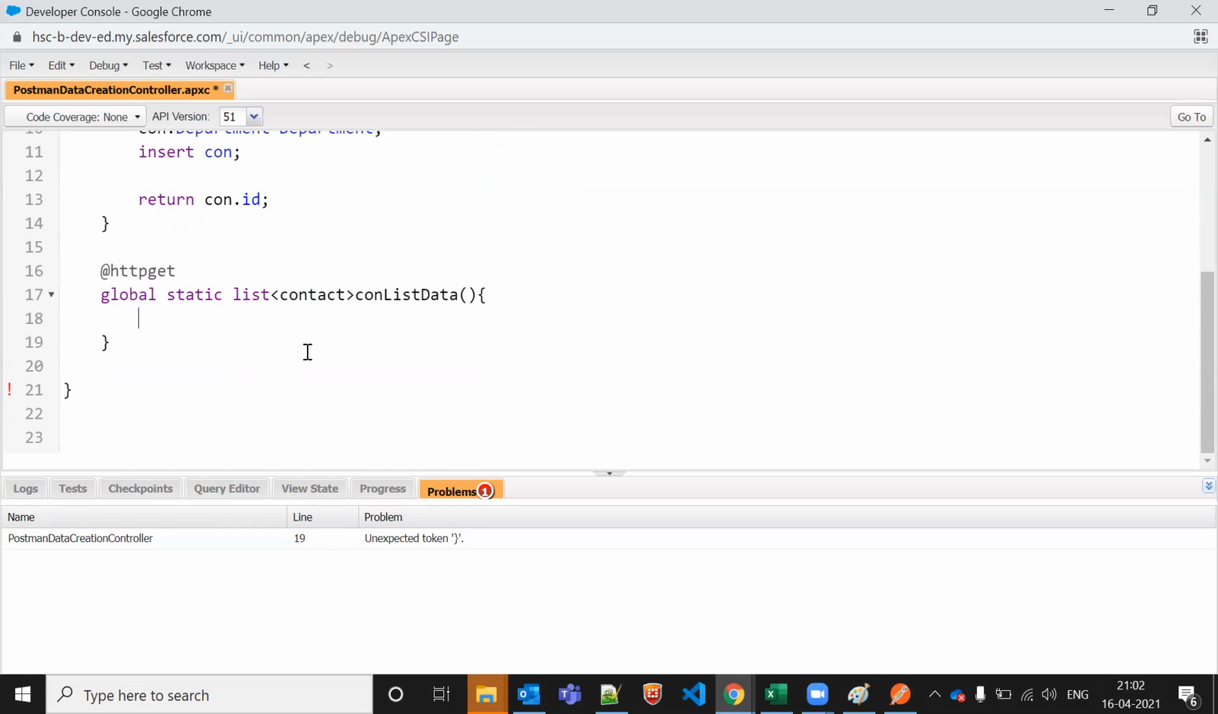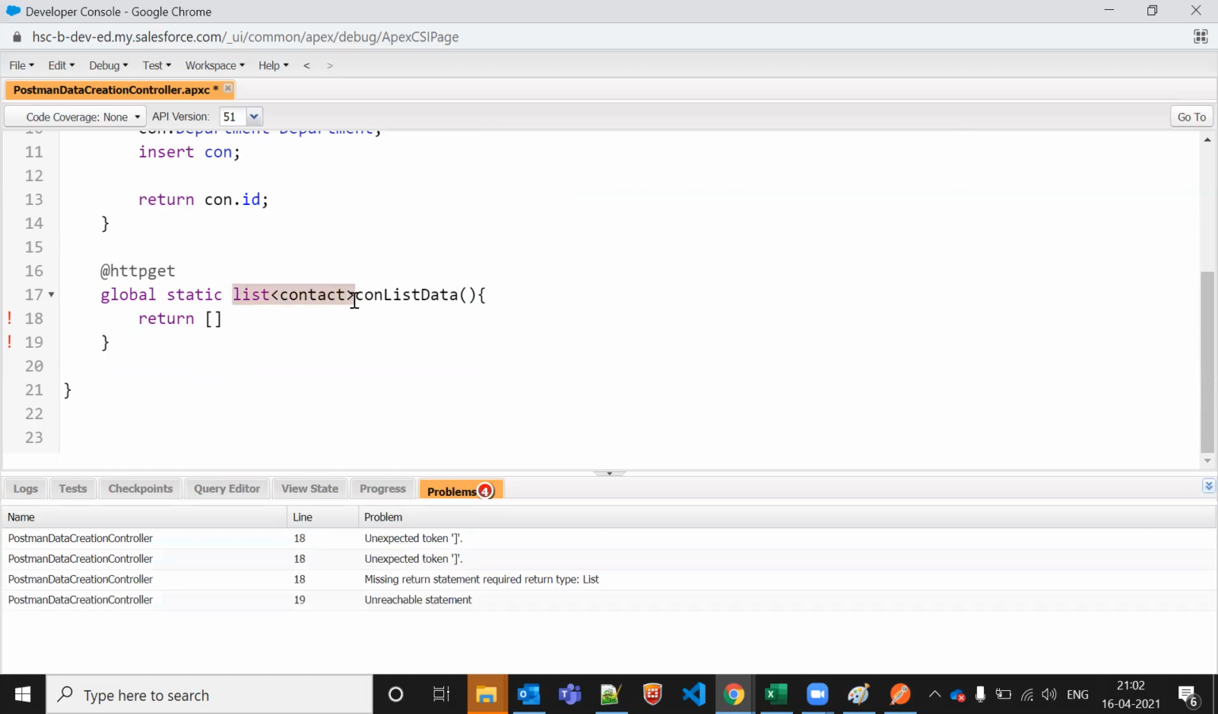So what can we do here? We can do the return. What will be the return type? It's a list of contact. If you want to pass a parameter, that's also not an issue. If I pass a parameter, we can do it two ways. So I'm passing on a list, and the con list,